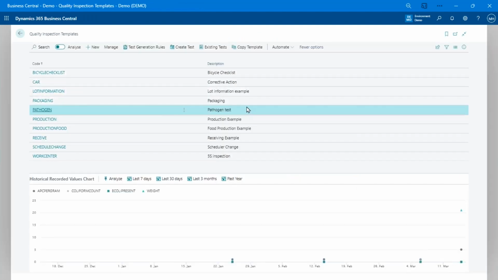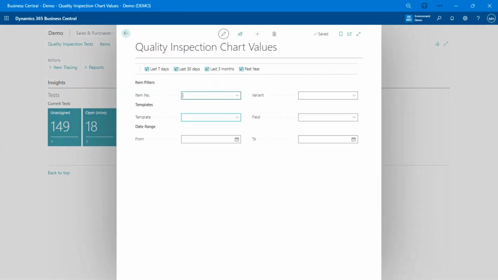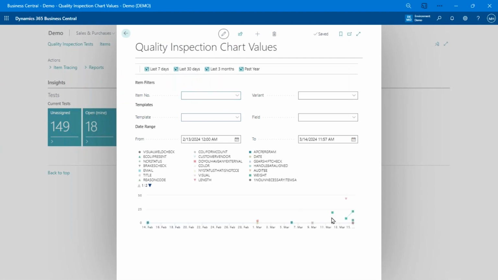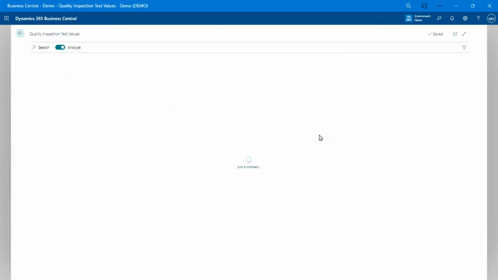And then from an analysis perspective, there's the reports, and then we have a number of different analysis tools built in where you can go in and look at different charting things and things like that to see what the results are for specific item numbers or whatever you like. So there's a whole bunch of charts and analysis pages in here that you can use.